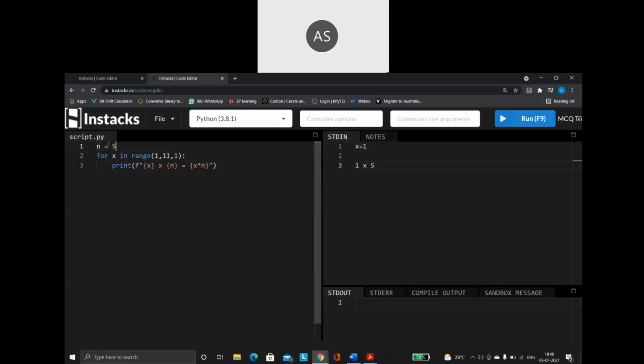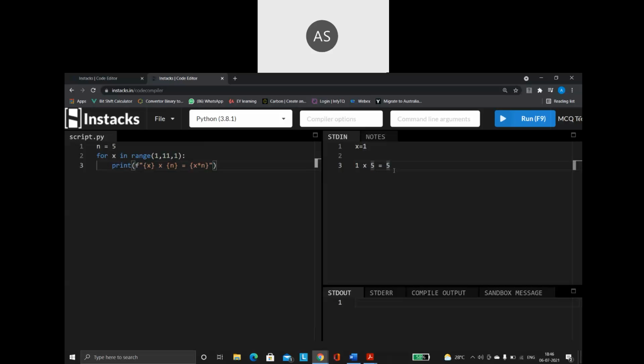I have given n as 5. Then it prints equals to, then x into n. The x value is 1, so 1 into 5 gives 5. This is the first execution of the loop.